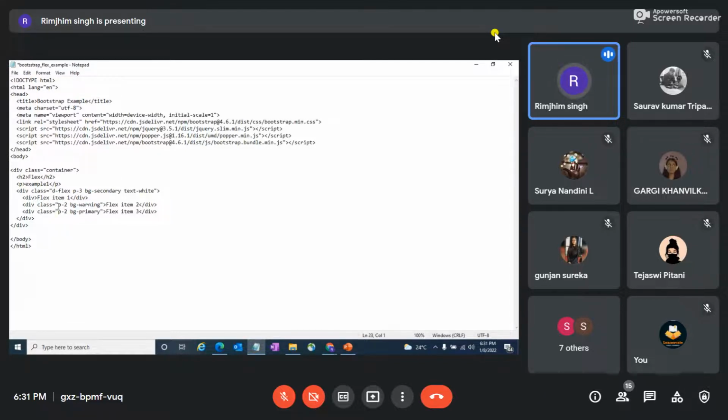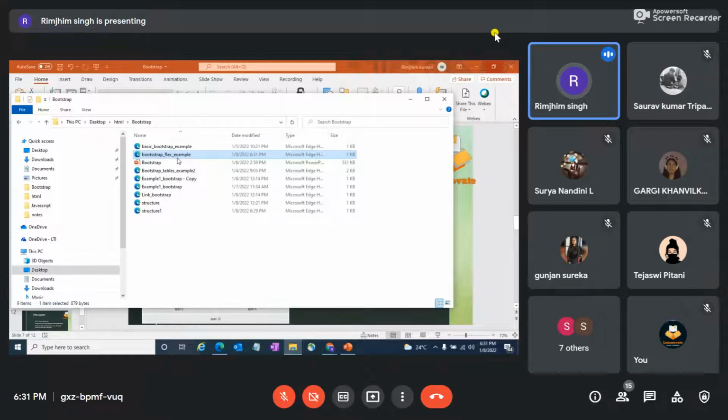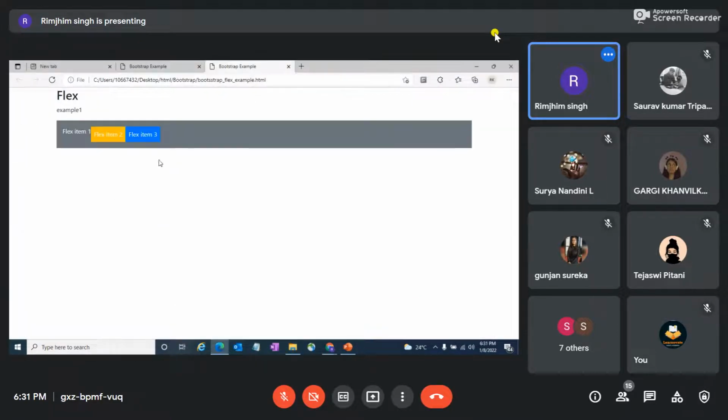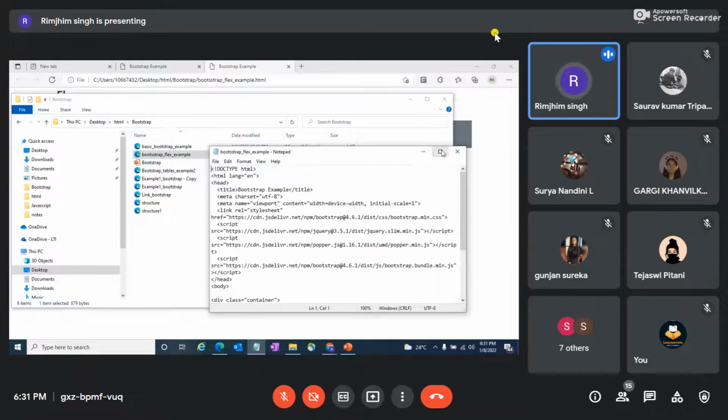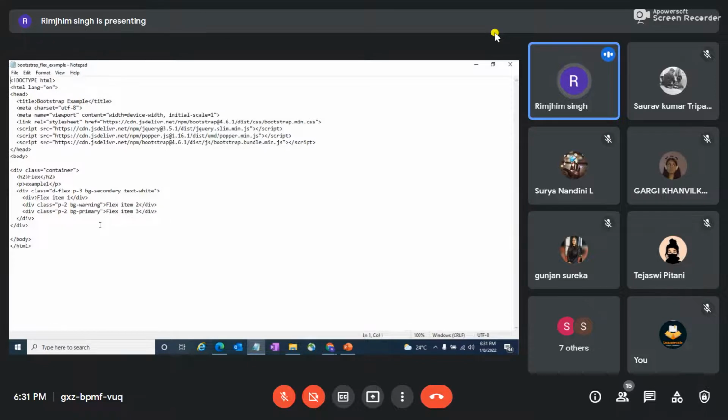Okay, and then these are just the warnings and primary items available on the page. So let's just save it and see how the flex program looks. If you could see, what I changed in my program was here. While I was explaining CSS, I told you there are warning and primary messages, and how we declare a button. So: flex item 1, then this PG warning, and then flex item 2.